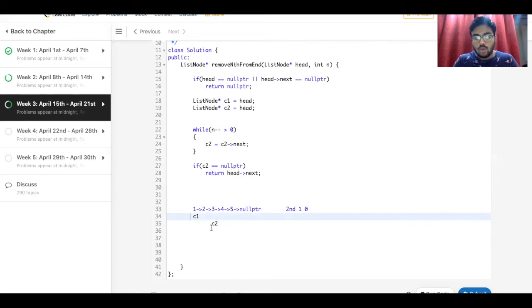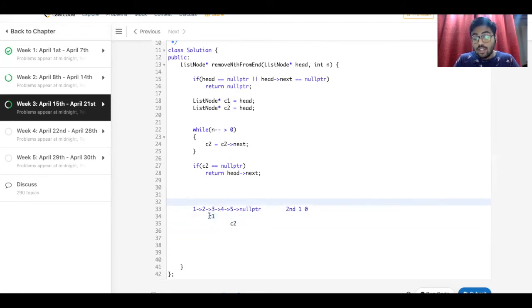All right, so I'll simulate this here. So while C2 is here, then C1 comes here, C2 is here, C1 comes here. All right, now C2's next is equal to the null pointer, and we know that the condition has been satisfied. So at this time we will basically remove this nth element.